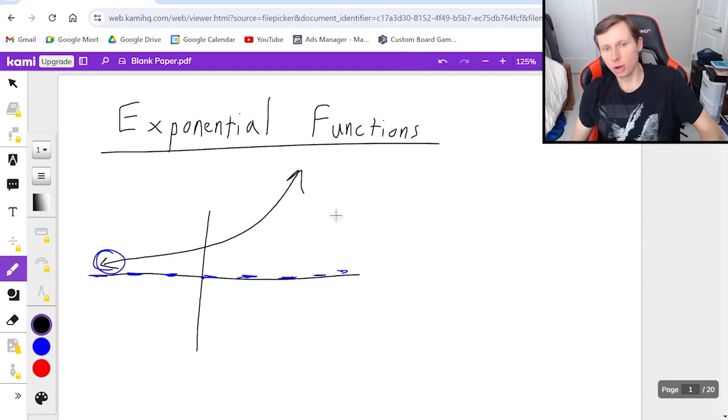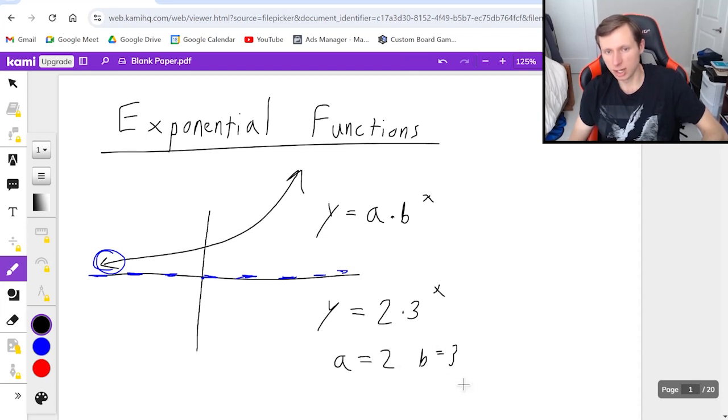These functions are always in the form y equals a times b to the x power. It doesn't have to be written in this form necessarily, but I call this the parent function, because all the transformations that we're going to do today are based on this function. So for instance, if I have the function y equals 2 times 3 to the x, a is 2 and b is 3. And the reason why that's important is because when we want to graph these functions,